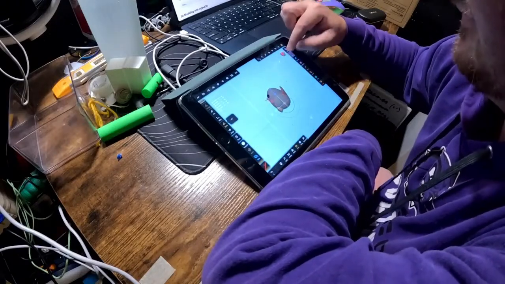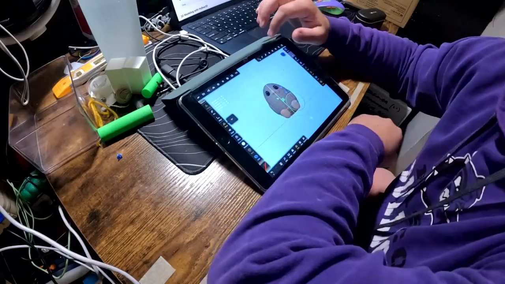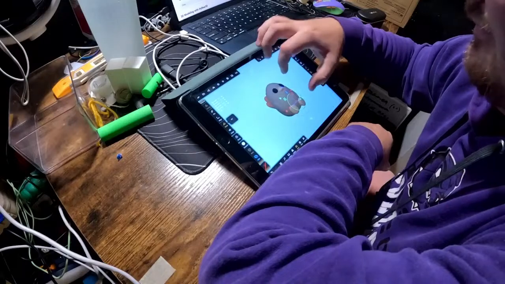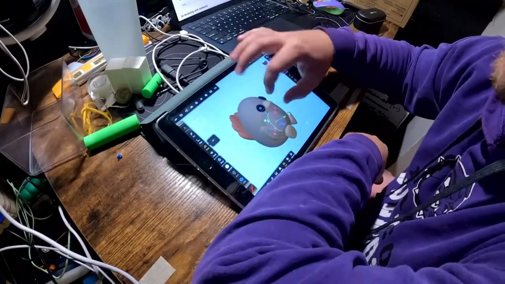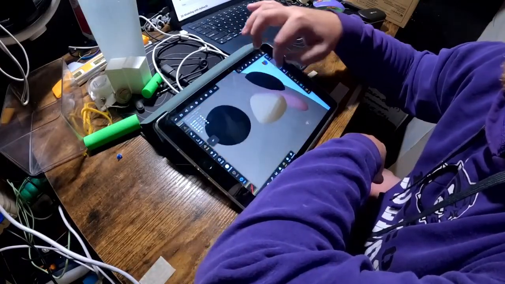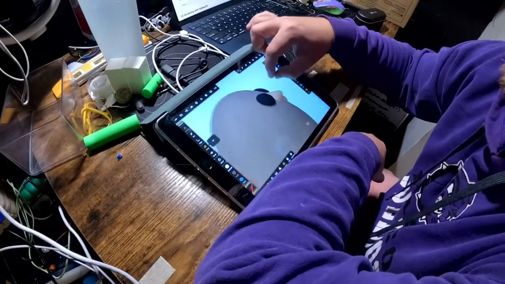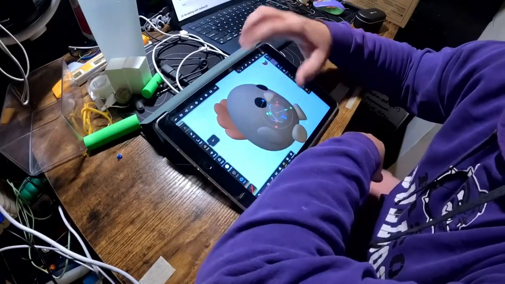Okay. So, a few things that I would like to do here. Number one, I want to make sure everything's all smoothed out. As you can see, the exports from there are still very low poly. I'm sure it would probably print fine and look about the same, but I'd like to smooth things out just a little bit more before we actually get it into the slicer.